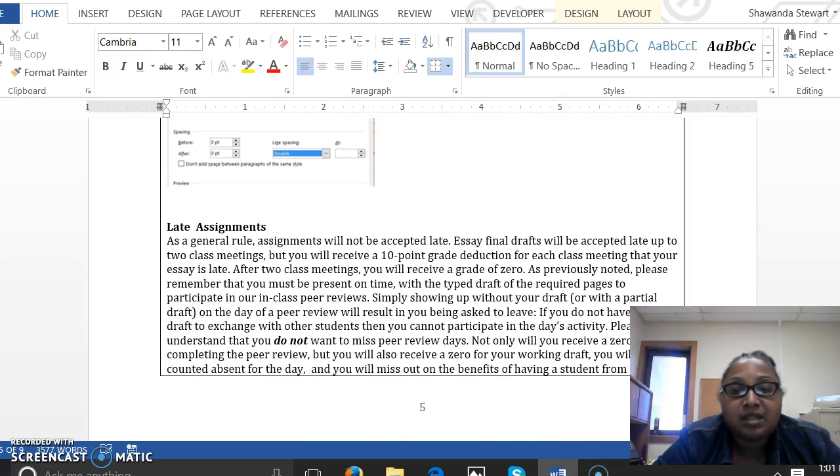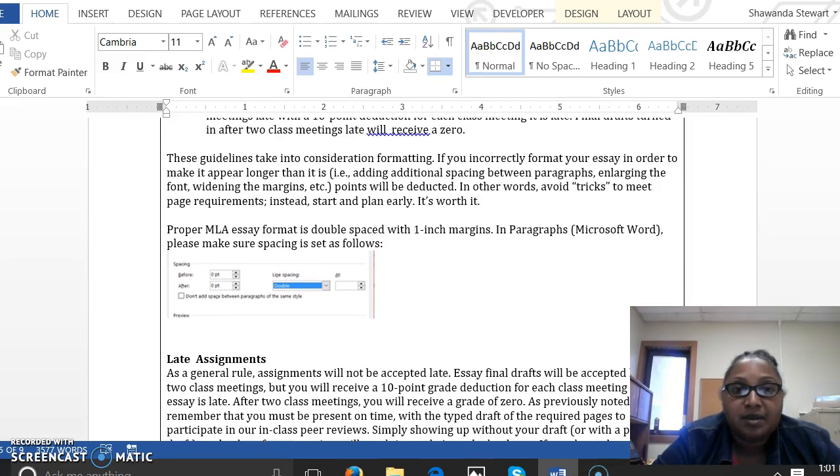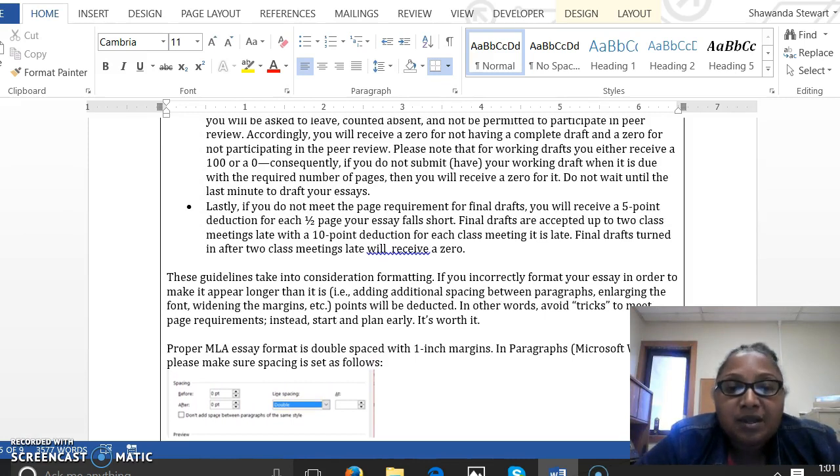Lastly, if you do not meet, sorry about that. If you do not meet the page requirement for final drafts, so the previous bulletin point was talking about working drafts leading up to the final draft. But for final drafts, if you don't meet the page requirement, you'll receive a 5-point deduction for each 1/2 page your essay falls short. Final drafts are accepted up to 2 class meetings late with a 10-point deduction for each class meeting that is late.